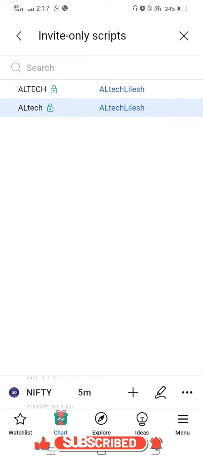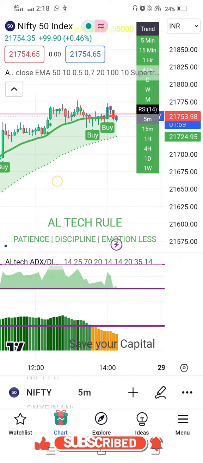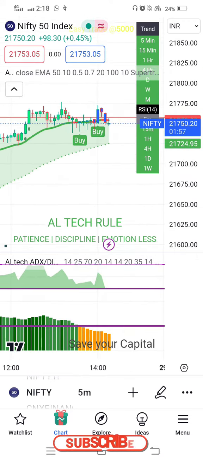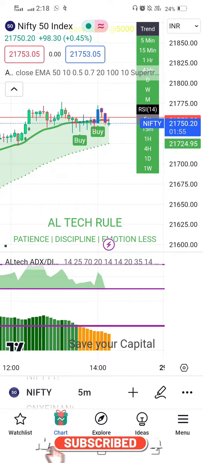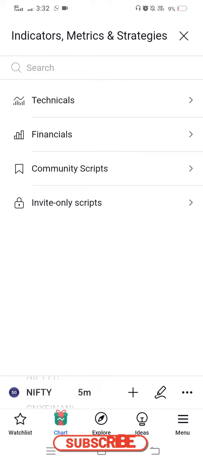Then here you see a cross symbol. Click on it. Here you see LTech indicator. In second case, when you don't see invite only script here, simply close your TradingView account or refresh